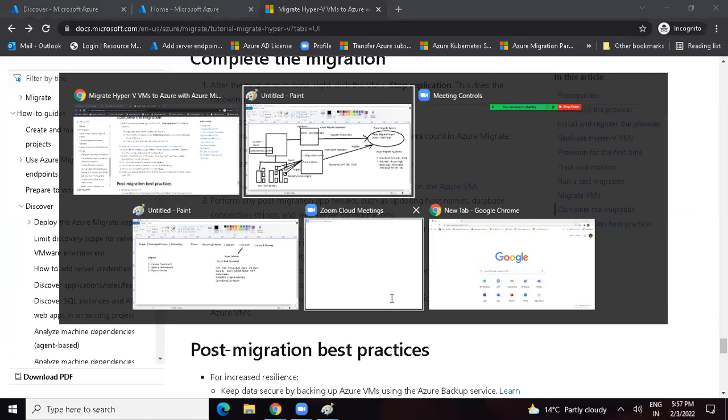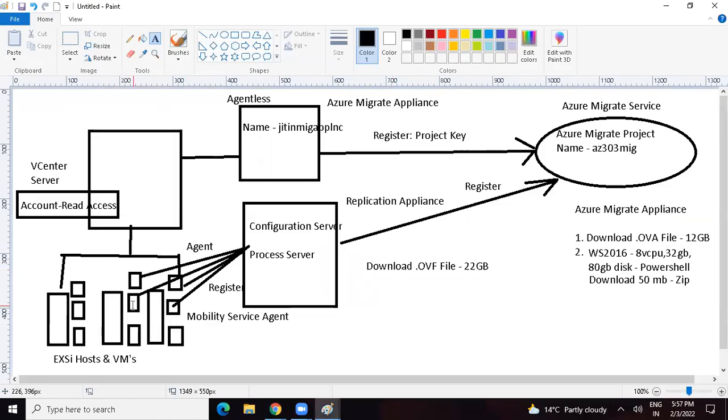When you will be moving things, the machines will show you in 4 colors. Green color means everything is good, you can simply migrate the machine. Then orange means the machine can be migrated, but you have to change some conditions. For example, let's say here the machine is running 2 virtual CPUs and 9 GB RAM. In Azure, there is